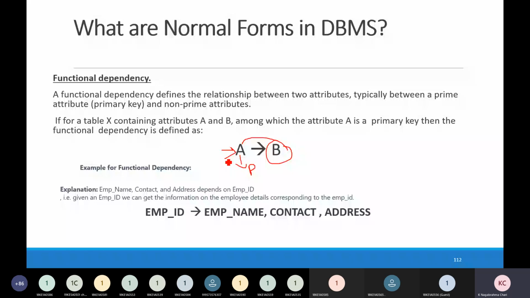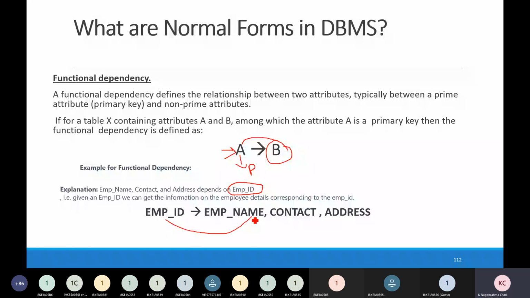Take another example. We have an employee table with the attributes employee ID, employee name, contact and address. Here I am going to take employee ID as the primary key. Now we want to write the functional dependency between the primary key and the other non-prime attributes.